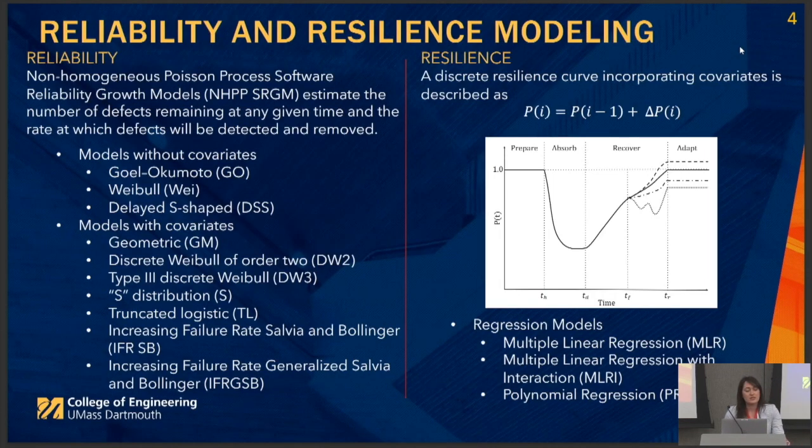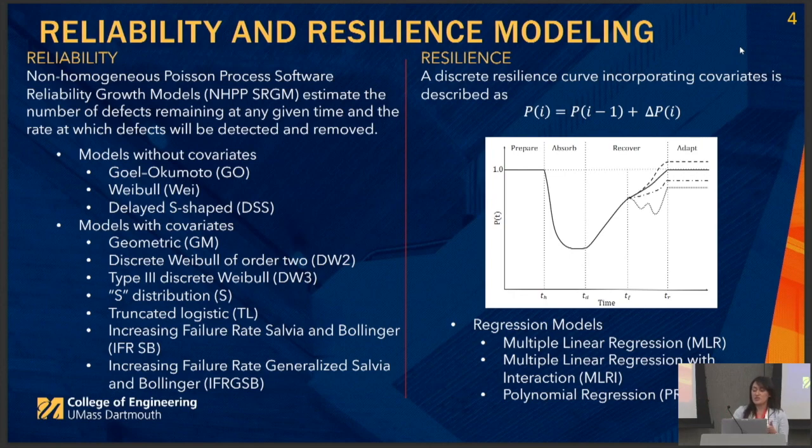For reliability and resilience models, reliability models use failure data to predict when the next failure is going to happen or how many failures we're going to have in the next time step. Here are all the models that I considered, but there are many open source tools available as well, in which you can just plug in your data and analyze the results of the models. Here we have models with and without covariates. Covariates are the testing activities or any factor related to the system or to the failures that you are considering for the problem.